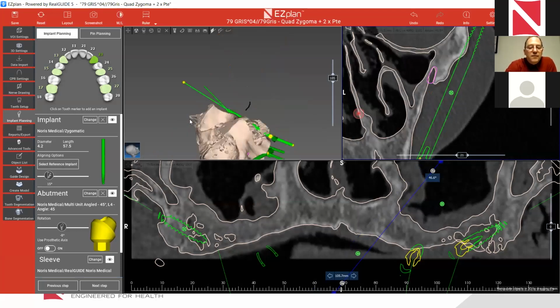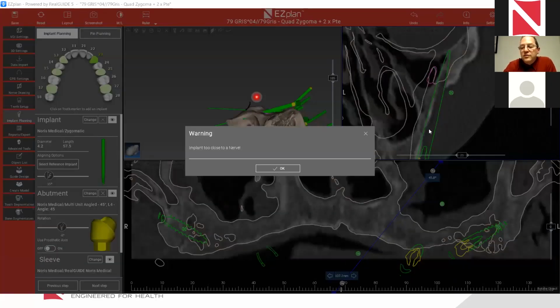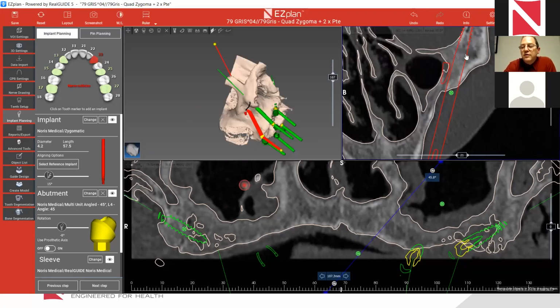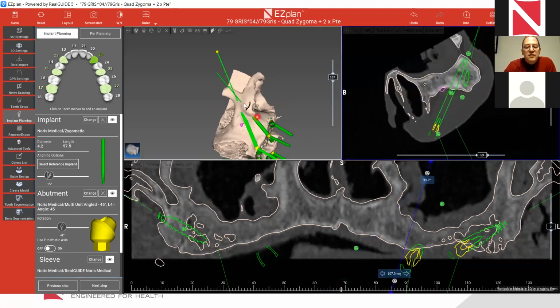It doesn't work. Just a second. Okay, we want to put an implant this way. I'll do it here. It's easier. We want to put an implant here, far from the orbit like that. Okay. In this case, we are lucky because we have enough bone here, and we are not colliding with the posterior